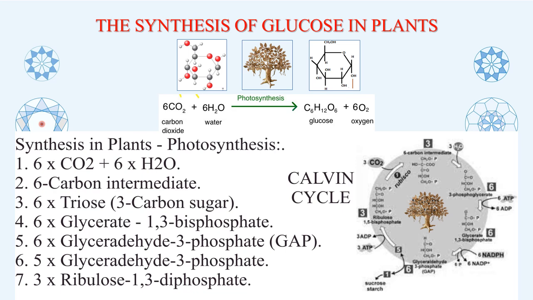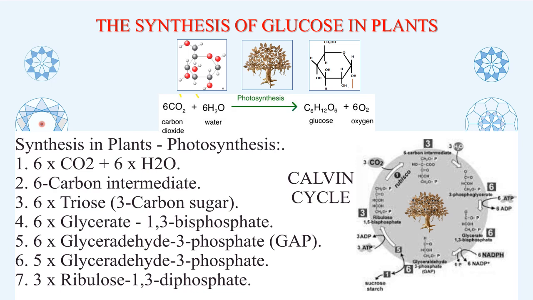I have also put the molecular structure of glucose on both the sides. C6H12O6. And carbohydrate is nothing other than hydrated carbon. Now, let's understand the synthesis of plant glucose, or photosynthesis. As I have written, 6 carbon dioxide molecules plus 6 water molecules